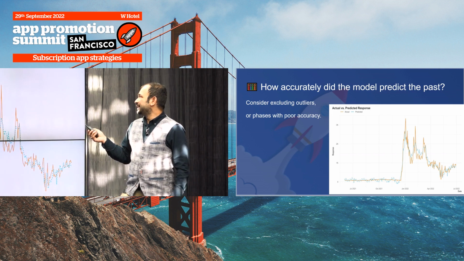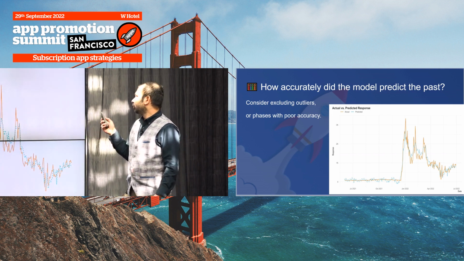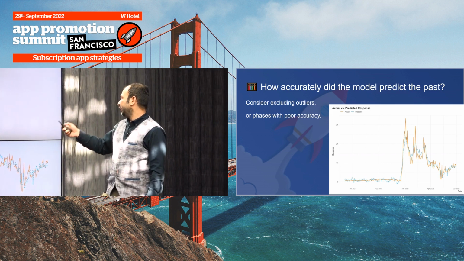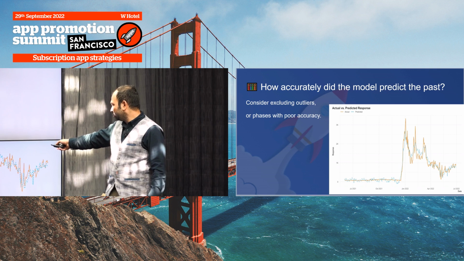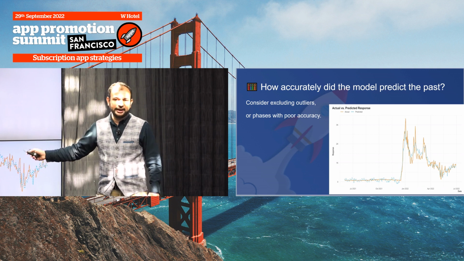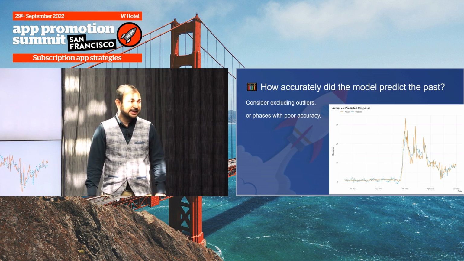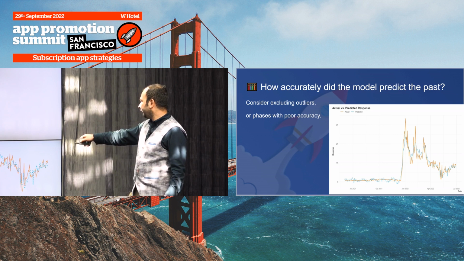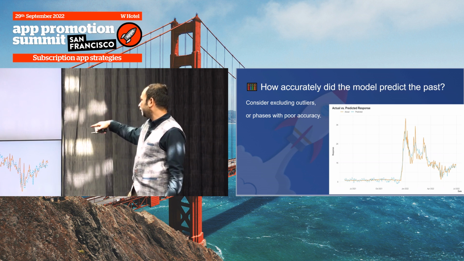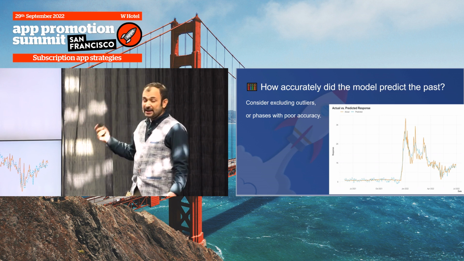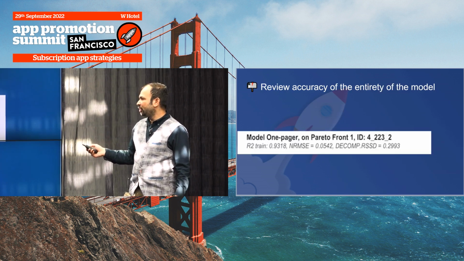So number one is backtest your model. So look at your actual versus predicted response. So in this case, you say, if you see before Jan 2022, there's a lot of deviation between the blue line and the orange line, right? So you want to exclude that for the purposes of the model because the model is not doing a good job of predicting what your actual revenue is, right? But after Jan 22, mostly they are in sync, but there are still some days when there's a big orange spike, but there is no blue spike. So you want to manually exclude some of those.